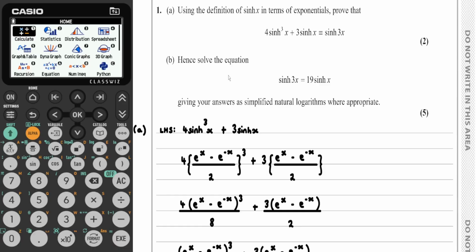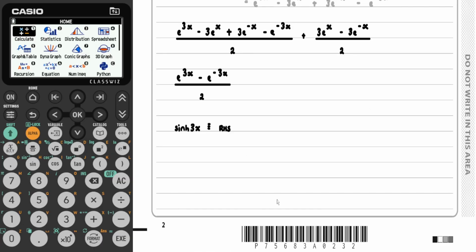Part B. Hence, solve the equation hyperbolic sine 3x equals 19 times hyperbolic sine x, giving your answers as simplified natural logarithms where appropriate. We have the given equation as shown, and what we can do to begin with is rewrite the left hand side and the right hand side in terms of exponentials,